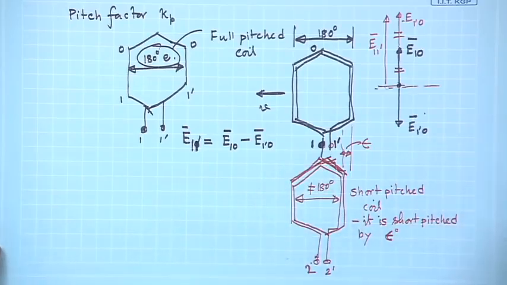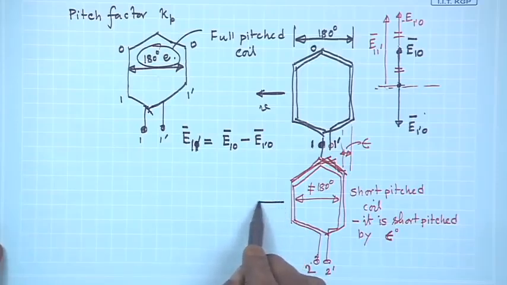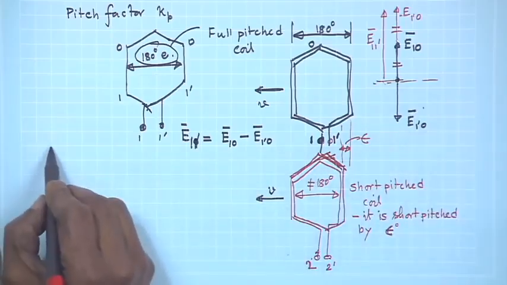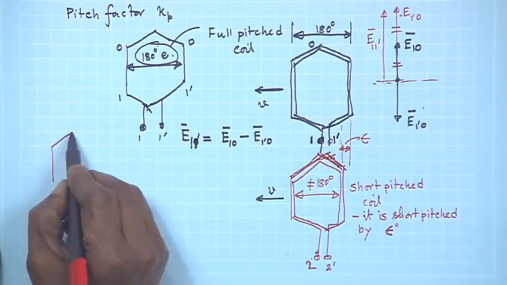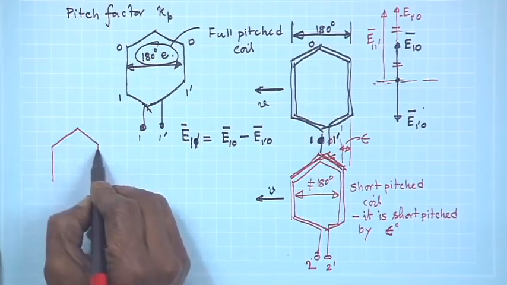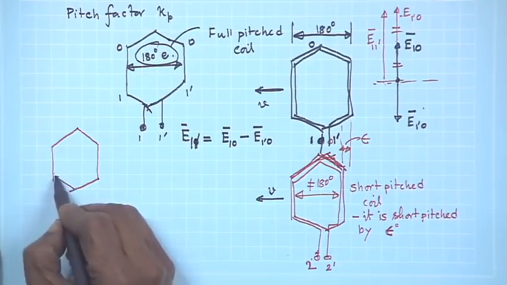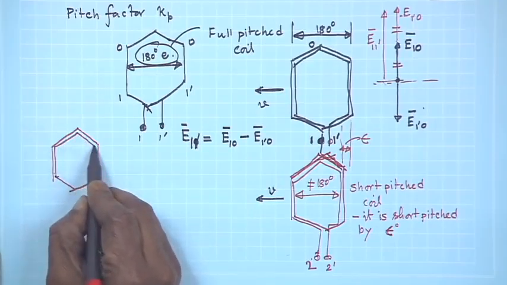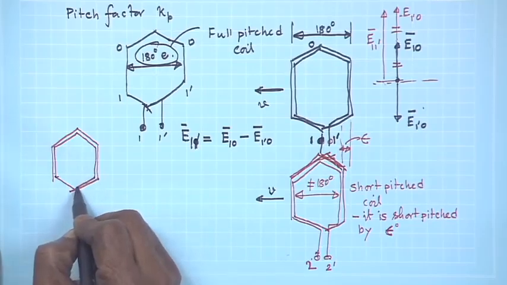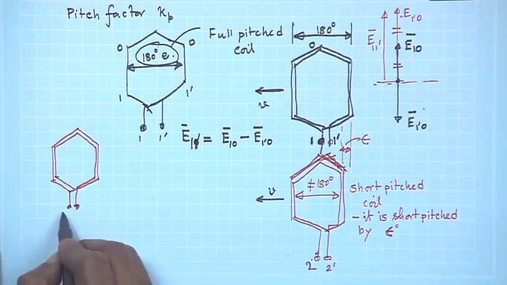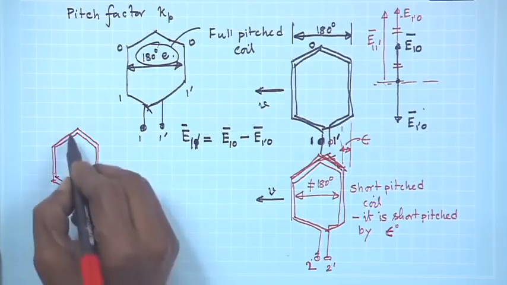In the second coil, similarly, let us assume it is moving in this direction with some velocity. I will draw it much more cleanly so that there is no problem in understanding. So, this is a short pitched coil, the red one. This is 1 dashed and this point is O,